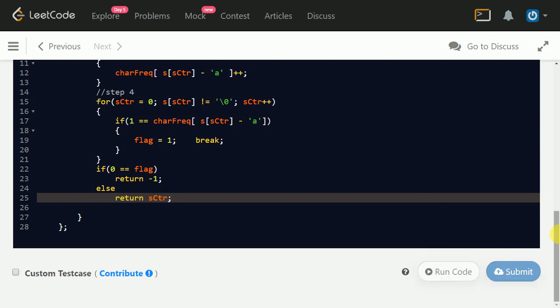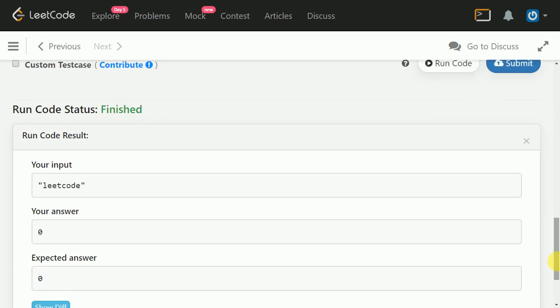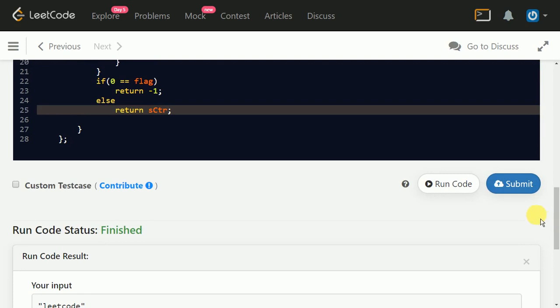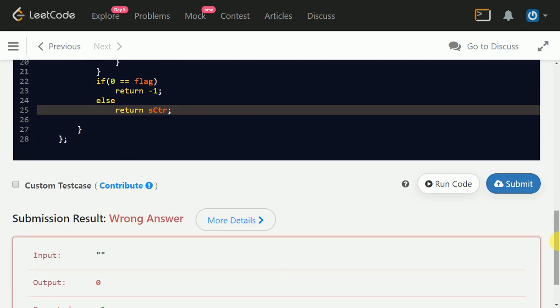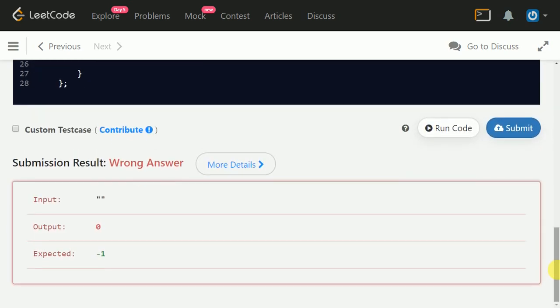Okay, result is pending. Okay, so it has worked. Now submit the solution. Oops, there is a slight mistake. Okay, let me check.